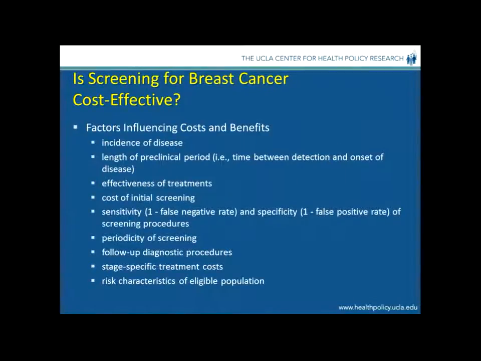They identified the various factors that can influence cost and benefits, including incidence of disease, length of the preclinical period, the effectiveness of the treatments, the cost of the initial screening, the sensitivity and specificity of the screening procedures, the periodicity of screening, which continues to be an ongoing issue,